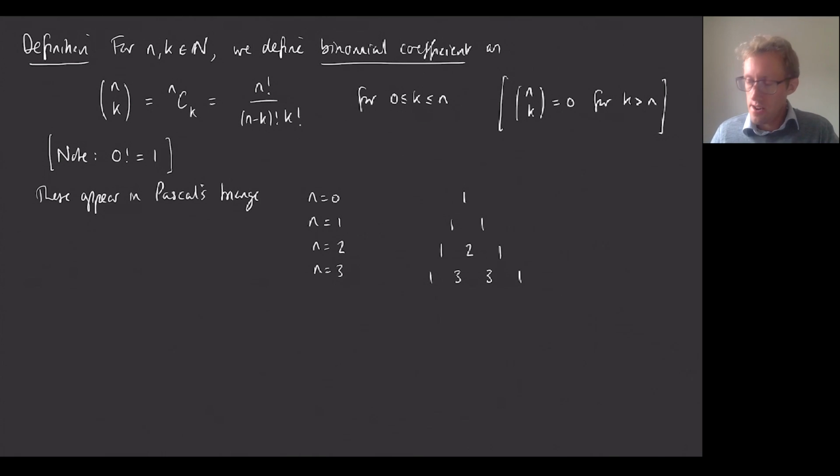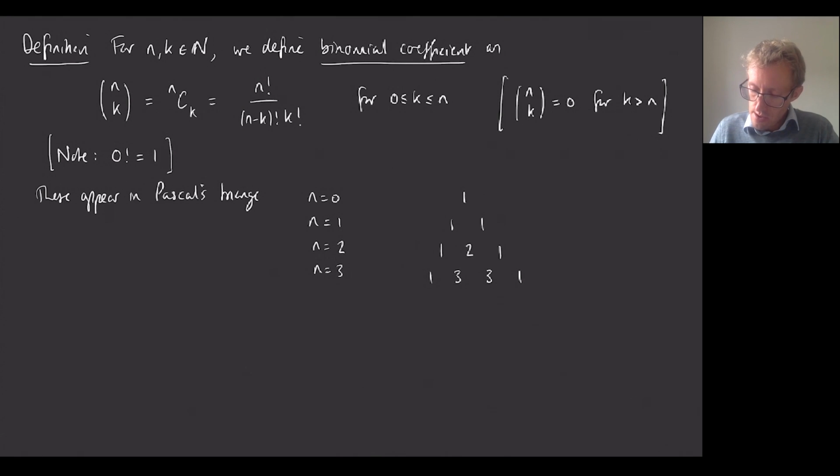And you can keep going, and you may well construct Pascal's triangle not by following exactly this definition, but by using the feature that you probably are familiar with, that in each row of the triangle, each entry is the sum of the two entries above it. That's actually a reflection of an algebraic result in terms of these factorials, which is what I'm going to write down now because we're going to use it.